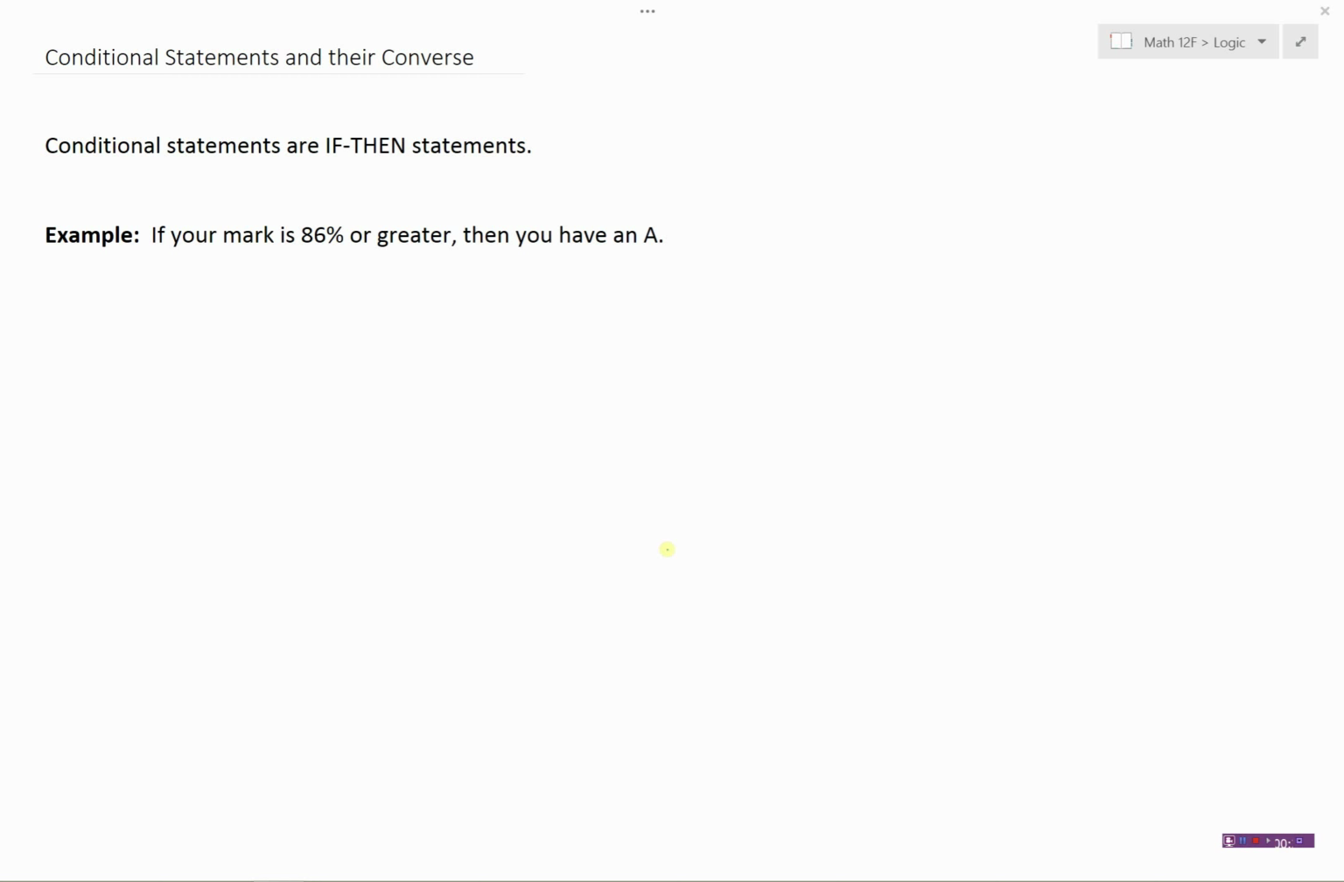So here's an example. If your mark is 86% or greater, so there's the if part, then you have an A. So that would be a conditional statement. And we might ask ourselves, is that true? If your mark is 86% or greater, then you have an A. And yes, that's certainly true, because anything greater than or equal to 86